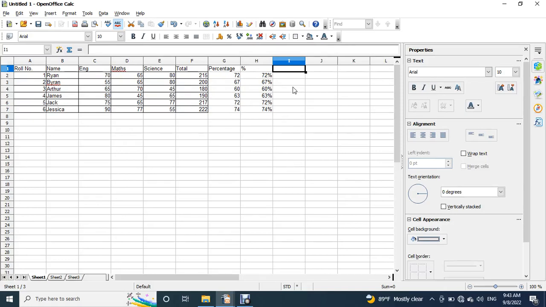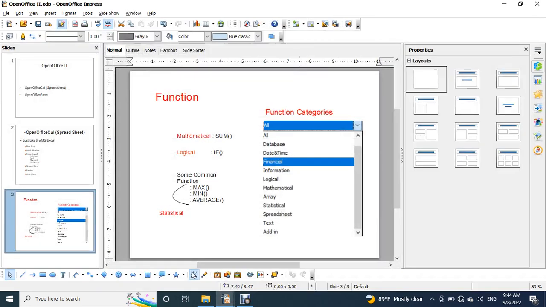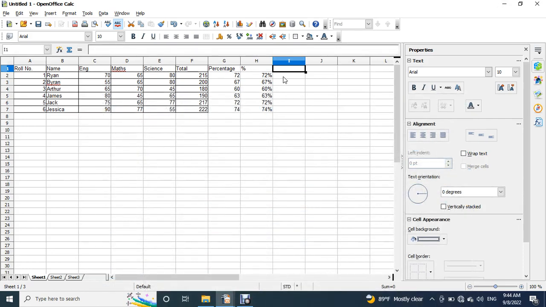After knowing how to find percentage, you need to learn about maximum, minimum, and average, according to your scopes. I'll show you the maximum first. Okay, you can easily find which subject is the maximum for